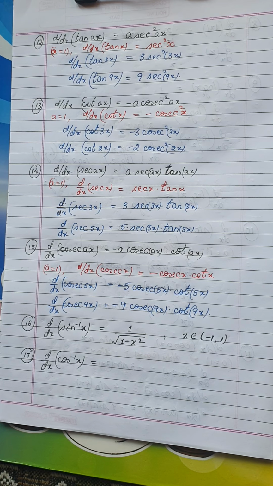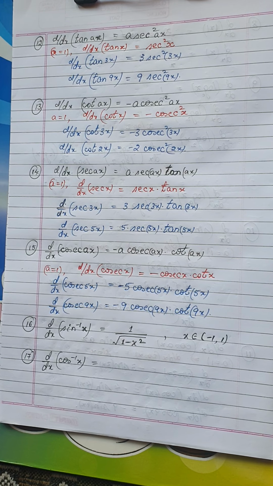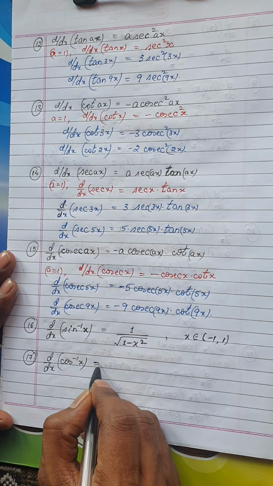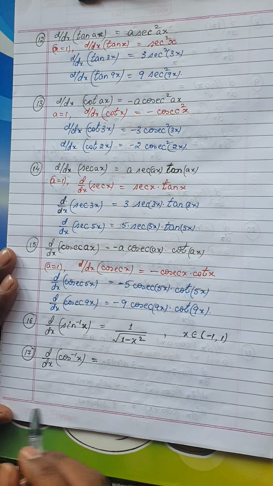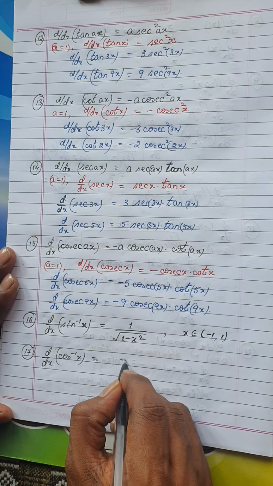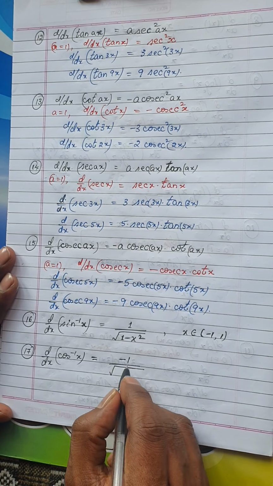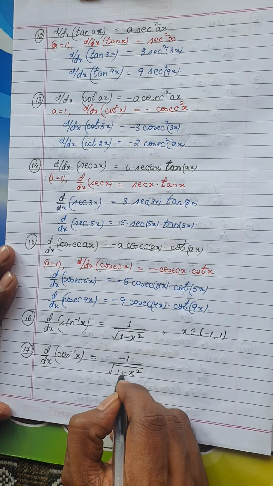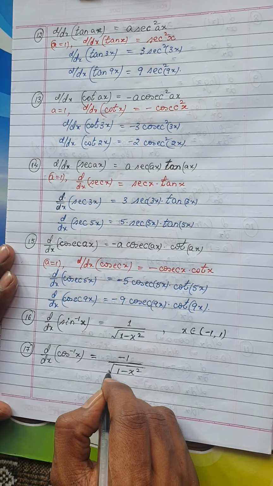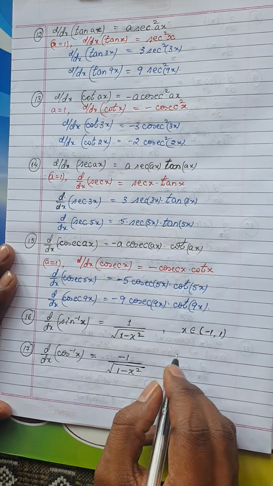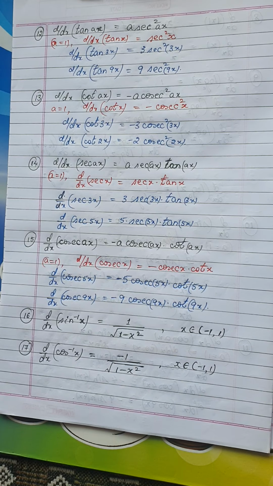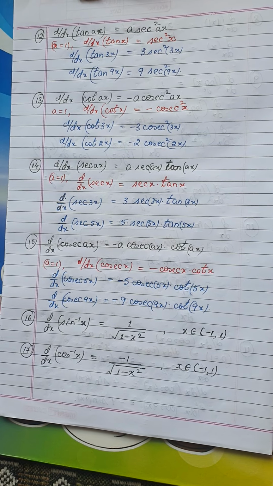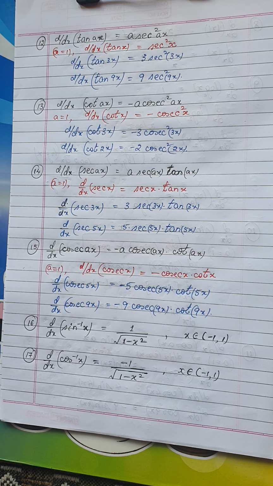In the differentiation formulas, it is like a buy one get one free offer. So if you remember one, the other one would be almost similar. If you remember the derivative of sine inverse of x, you can easily write the derivative of cos inverse of x. So derivative of cos inverse of x is nothing but minus 1 divided by square root of 1 minus x square. It's very simple. If it is sine inverse of x, it is plus 1 divided by; if it is cos inverse of x, it is minus 1 divided by. Again here x will belong to the open interval minus 1 to plus 1. Remember, these are the derivatives of inverse trigonometric functions.